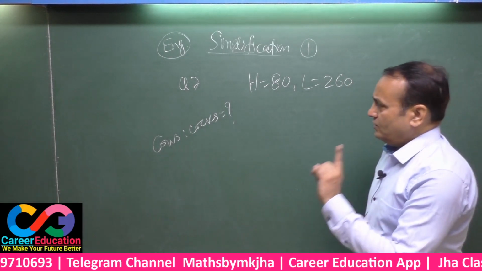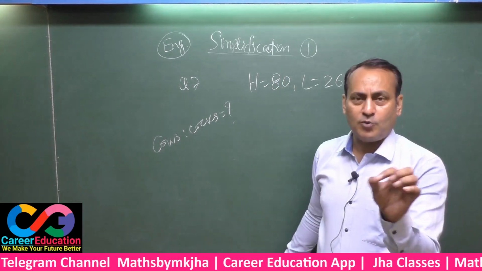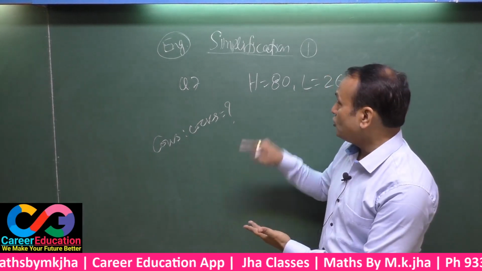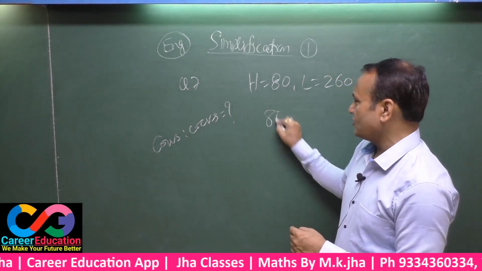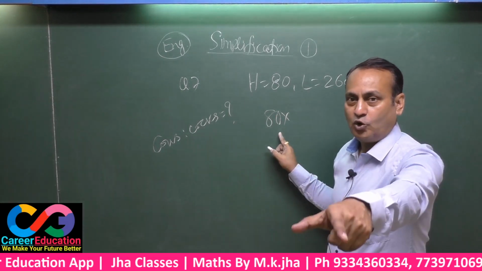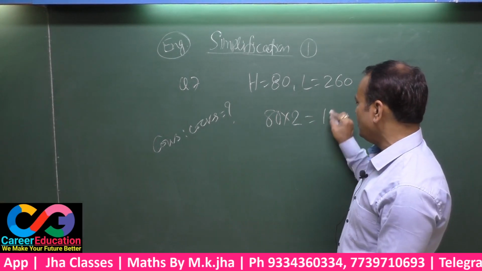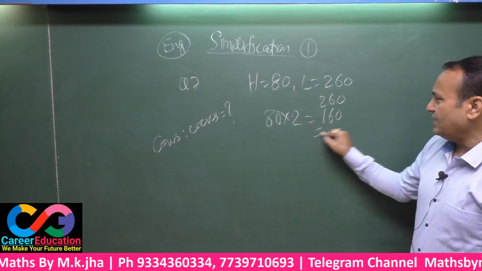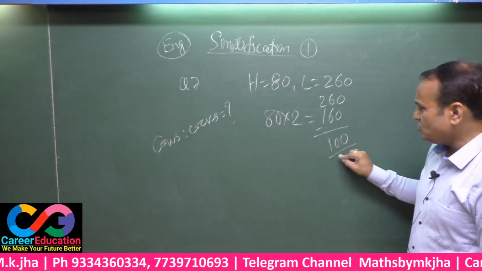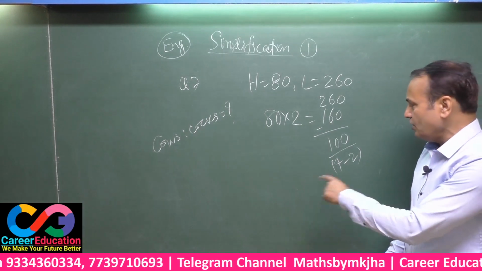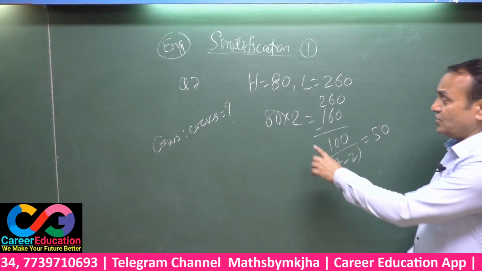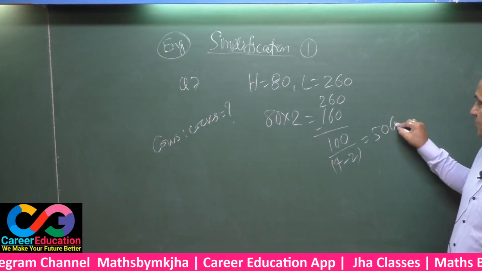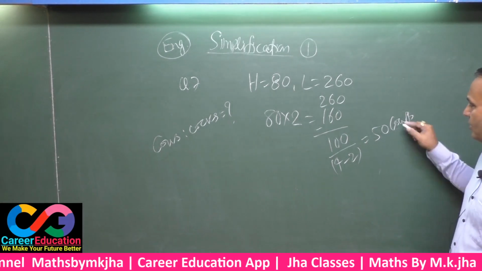Suppose you have to point out the number of cows first. For that, you will have to suppose all are cocks. If 80 cocks are in a group, certainly legs will be 80 into 2, that is 160. And you have to get the difference: 260 minus 160, that is 100. This must be divided by the difference of the legs of the two, that is 50. Since you have supposed all are cocks, this will be the number of cows. That means 50 cows are there.